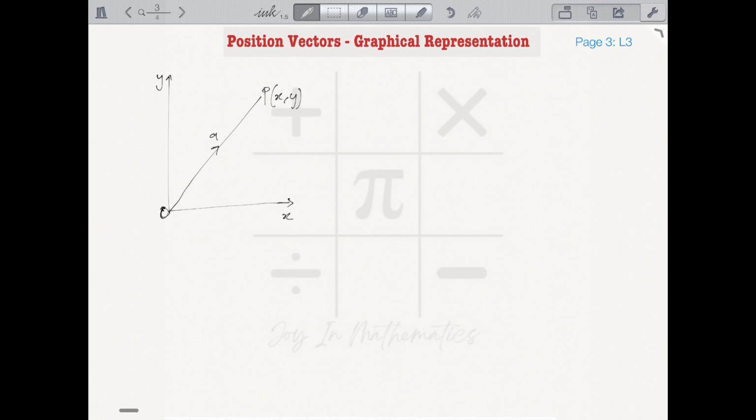In our last lesson, we saw this graphical representation of a position vector. It's called a position vector because it is relative to the origin O. That is why it's called a position vector. Therefore, we know that the vector OP has a magnitude, or we call it a vector A, has coordinates